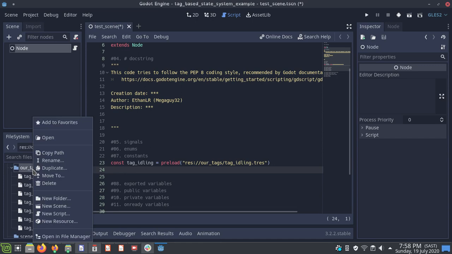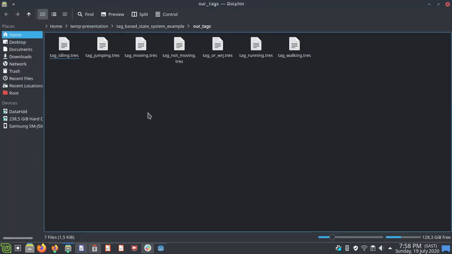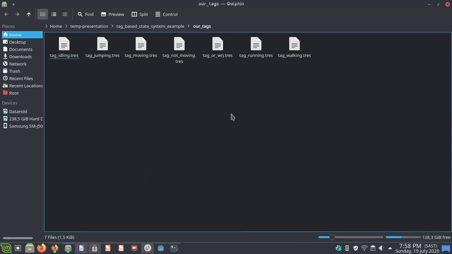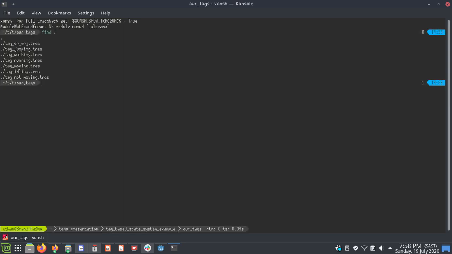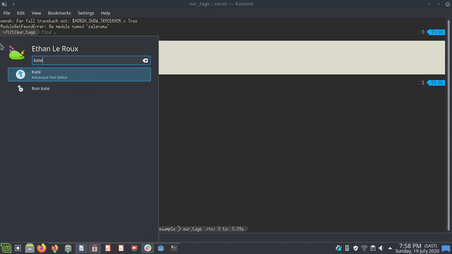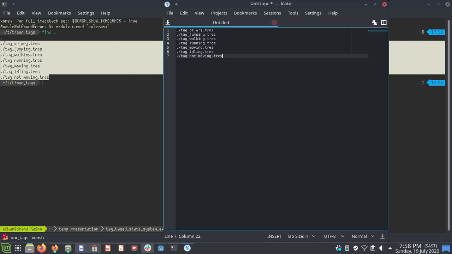If we open up this folder and we open up a terminal in the directory, we are able to list out each file in the folder using the find command. This will list out every resource in the folder. We can copy paste that and open up a text editor. Then we are able to paste in these,